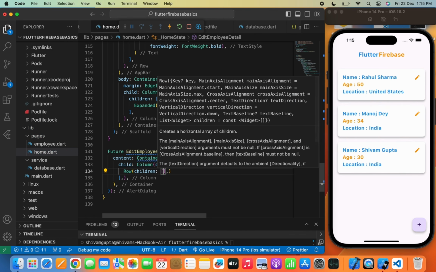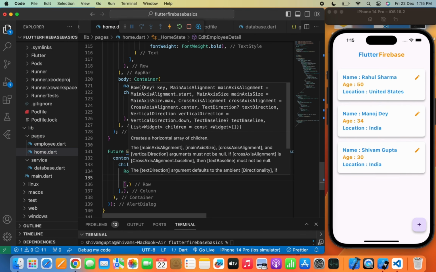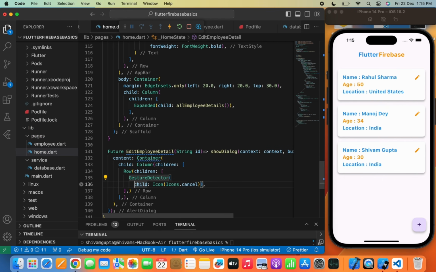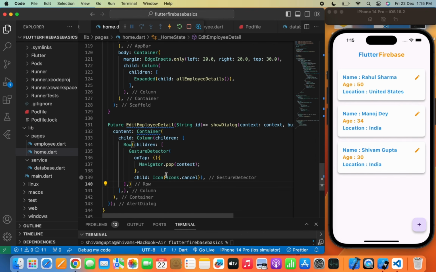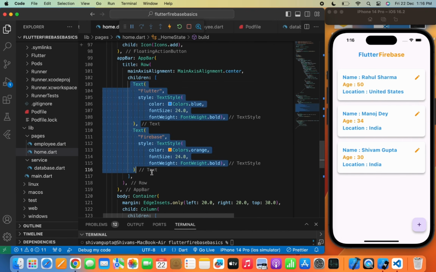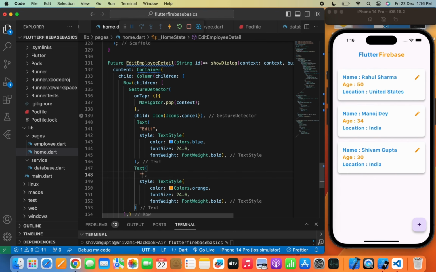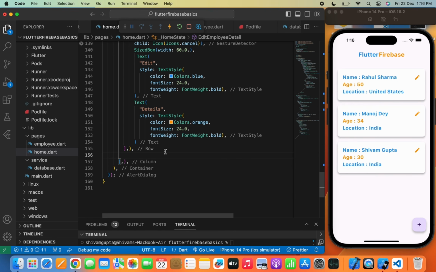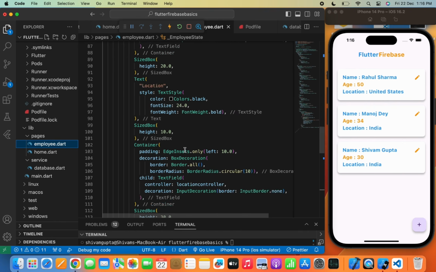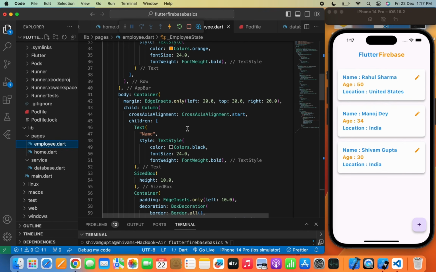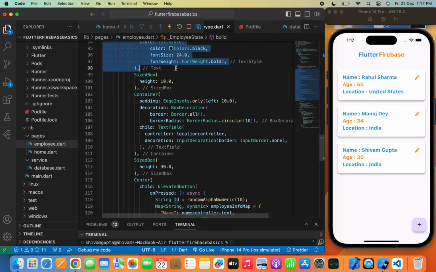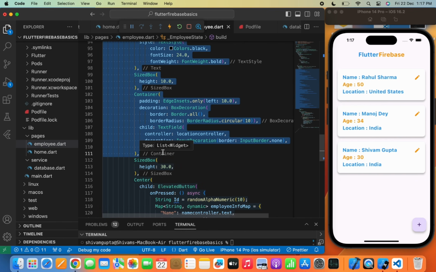and a text that we have already written in the app bar, which will be edit details, and we will wrap the icon with a gesture detector, and in the onTap function I will write Navigator.pop(context) so that it can automatically pop out the dialog box from there. Now I'll copy the same name and the text field that I wrote in the employee.dart file because this will also save the time of writing the code again and again, and will paste it in the column widget,